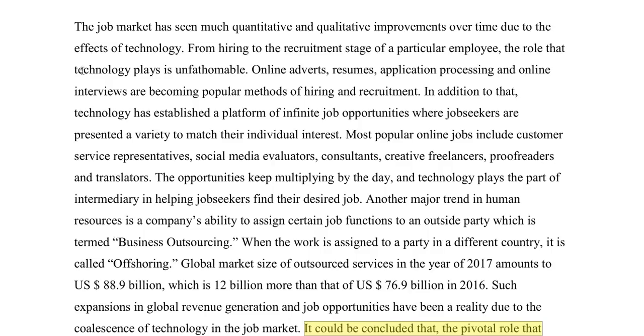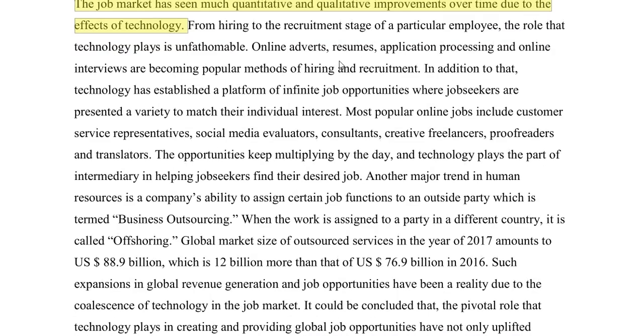So here, the job market has seen much quantitative and qualitative improvements over time due to the effects of technology. Here he said, from the recruitment stage of the employee, technology is essential. Now say the employee is selected, he'll have to place his index finger in the fingerprint scanner. See, that is technology. And the online adverts, resumes, application processing, and online interviews are popular methods of hiring. They are popular methods for attracting